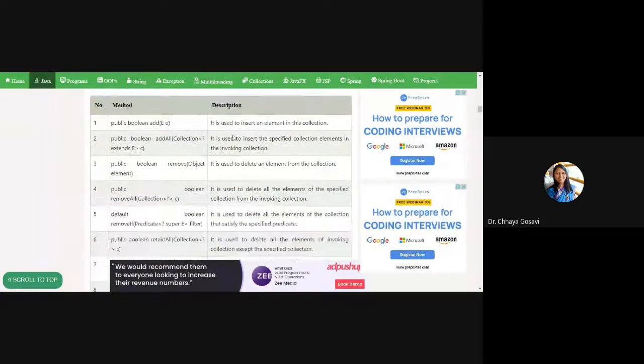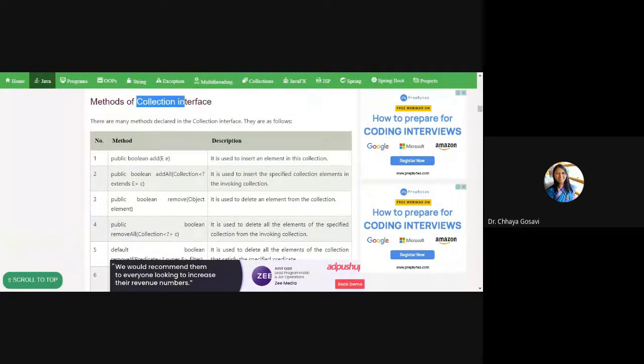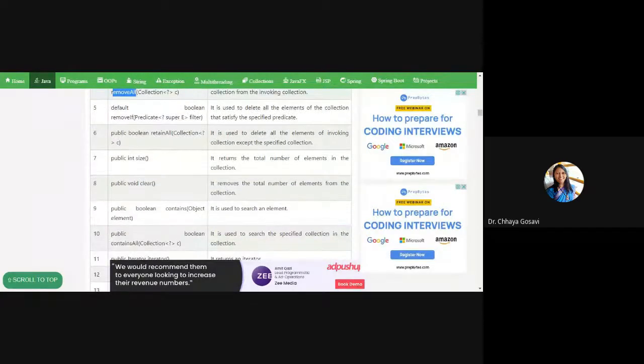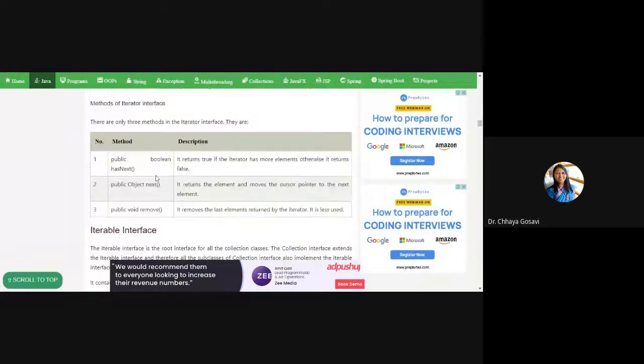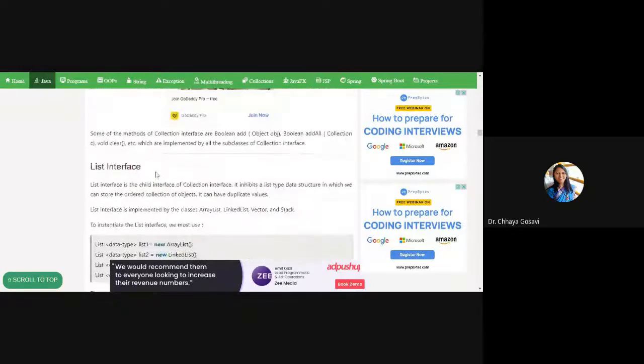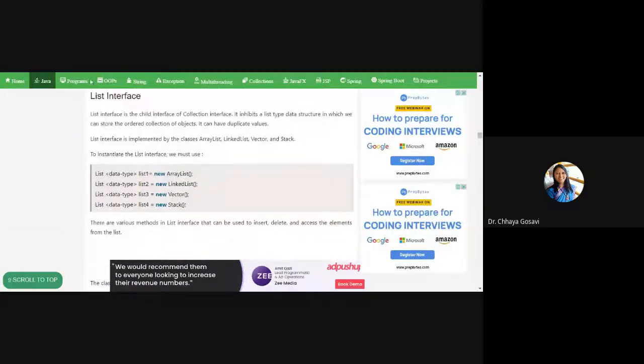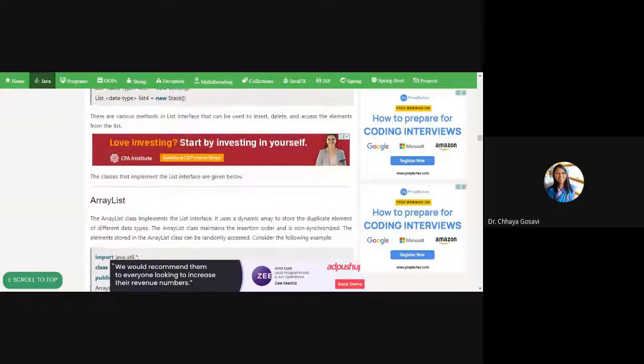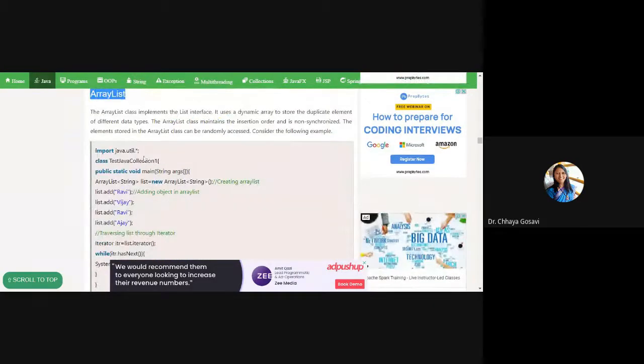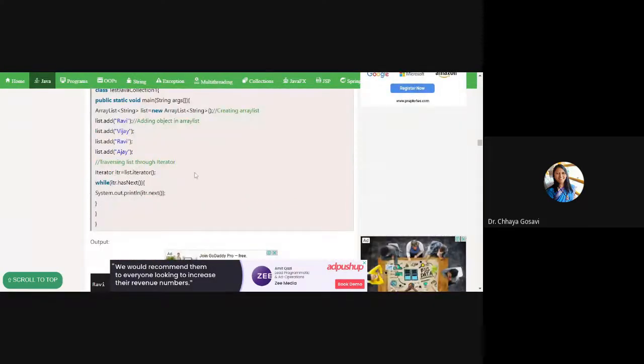You can go through these functions which are available in the Collection interface: the add function, addAll, remove, then removeAll, or different collections. Like we have seen, this is the list collection, the List interface. We have seen ArrayList and the add function.